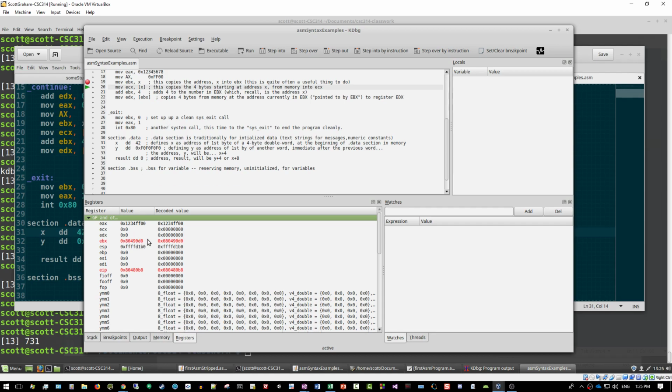A pointer is just an address. It tells you where something is in memory. All right, so basically EBX right now is kind of being used like a pointer, and that'll come up later. Now let's look at this next instruction. Now we're going to copy the contents that are pointed to by X into ECX. So this square bracket